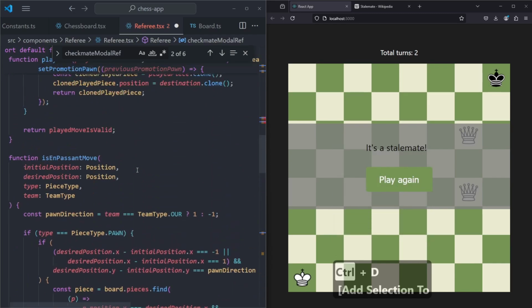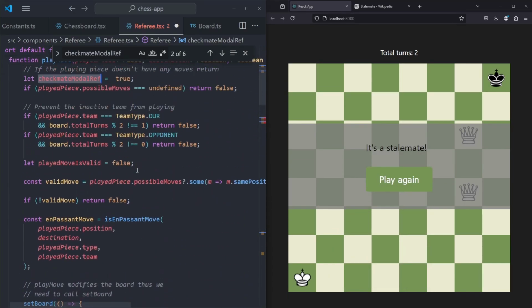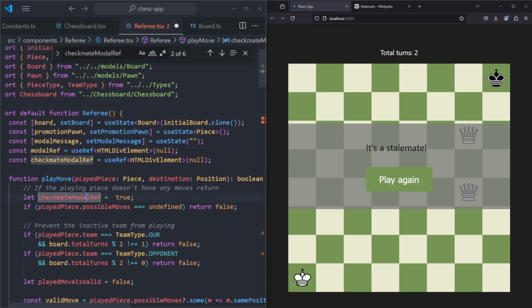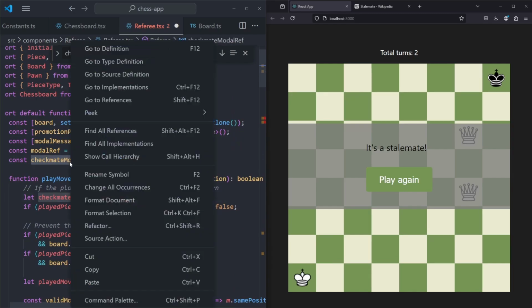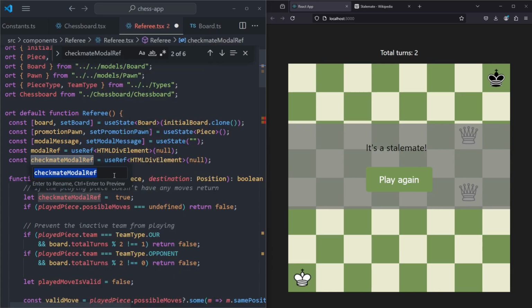However, we don't want to rename that variable because it is not the same variable. It has the same name, but it's not the same variable. And when we press the right mouse button and then use the rename symbol method, we will only rename the symbol which is the same variable, so not the same name. So right here, if we say